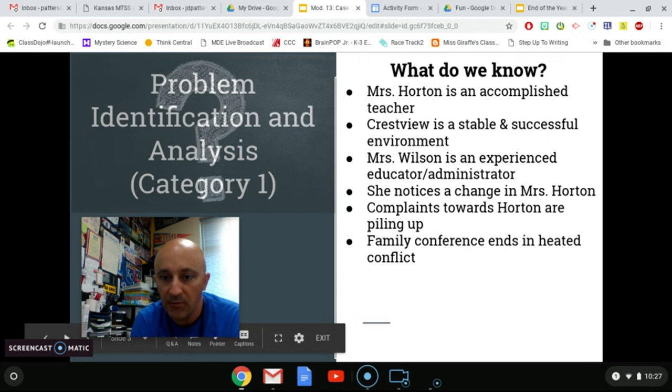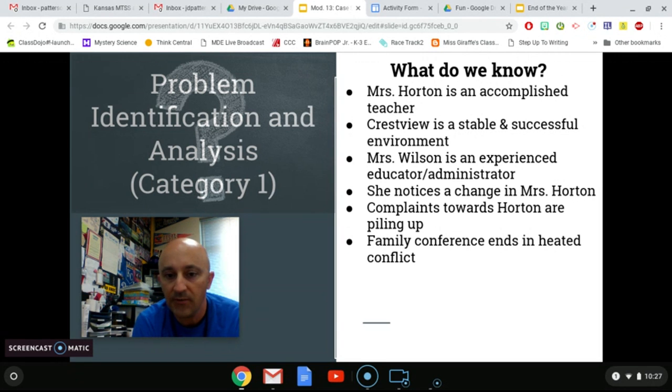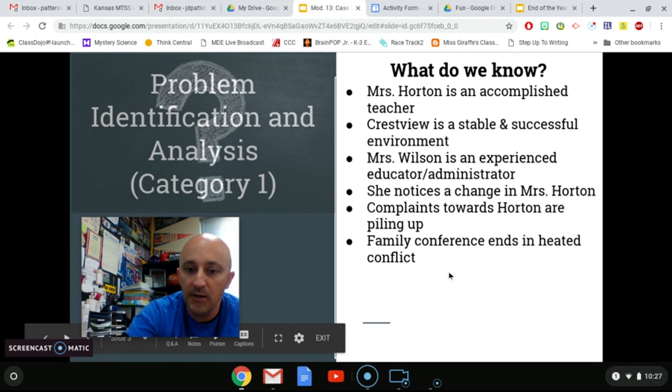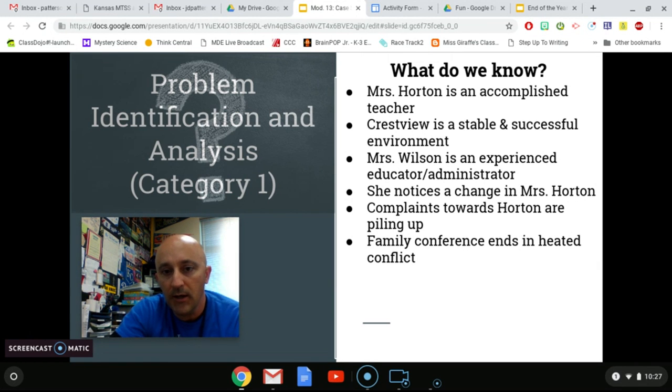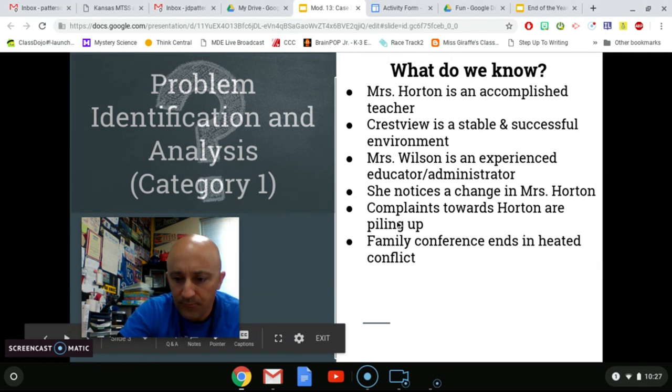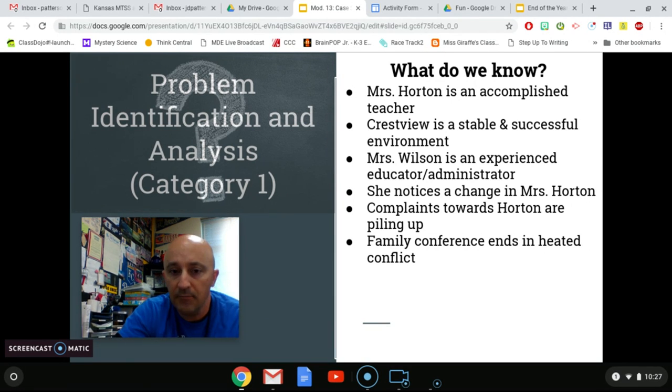So she notices a change in Mrs. Horton, her disposition. She's just kind of changed as a person, and through connecting the dots with other staff, they've found out that Mrs. Horton's husband has left, and so she's left to raise her 2 kids on her own. So she's a little stressed out in her home life, which is derailing what's going on at school. The conference is set up with Mr. Stafford, and basically ends in Mrs. Horton yelling at Mr. Stafford and really no problem being solved.